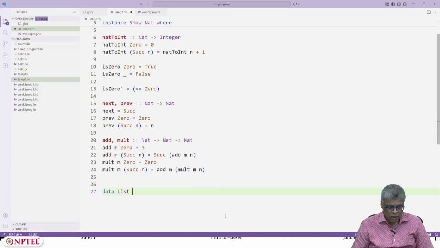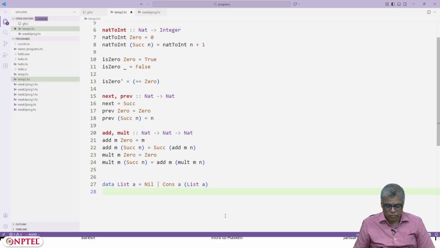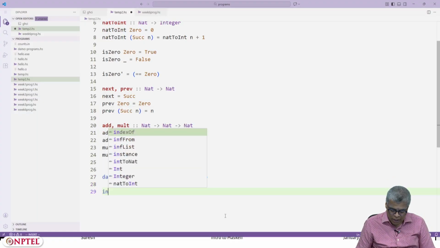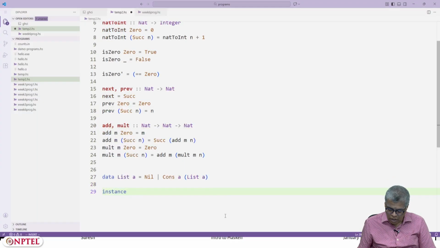Data list A is either nil or cons. Cons stands for construct, applied on a value of type A and a value of type list A. And okay, I could show this, but then once again, just like natural numbers and so on, I can define a custom show, right? I can say instance,